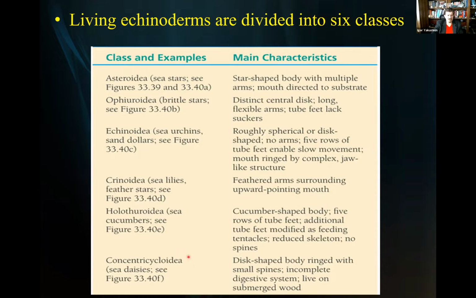Those ones are considered Concentricycloidea, sea daisies, relatively small, about yay big, living in a really deep ocean, and they've been discovered, I would say, about 30 to 40 years ago. Only one or two species are known, so we don't have those ones in the lab. But the rest of them you will be able to see, and you should be able to identify each one of those,